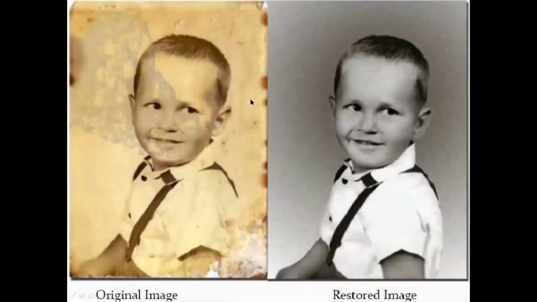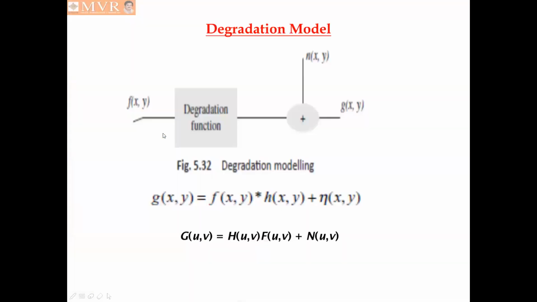Now here also you can see the first image, the original image. Original image means it is the actual image. After a long time, this image gets degraded, and because of the degradation, we lost the visuality of the particular image. So we are restoring the visuality of this image by means of restoration. Once you apply this image to the restoration model, it will restore the image like this. So the restored image has good quality, and whatever degradation was present in the first image is removed completely.